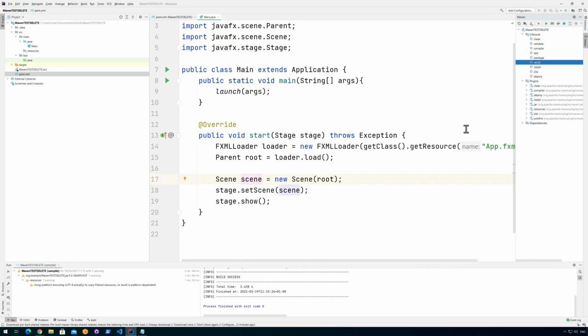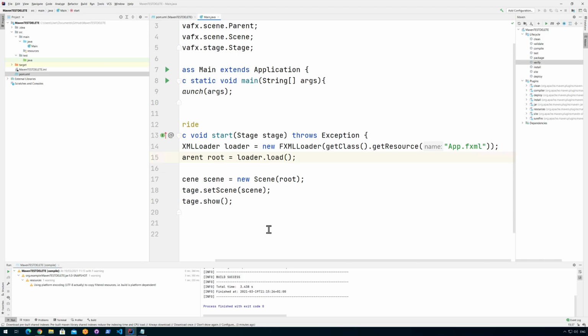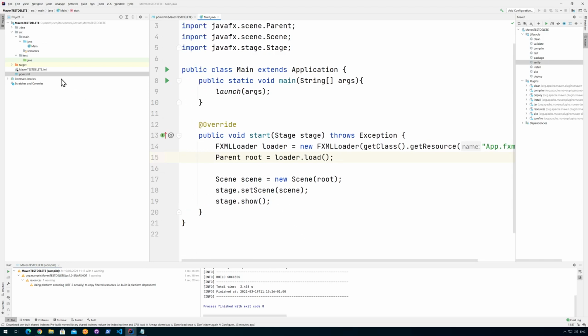So that's cool and all. Now we can see we can run this, but of course we need to also have the app.fxml file. So I'm just going to create a new FXML file. And the thing is,